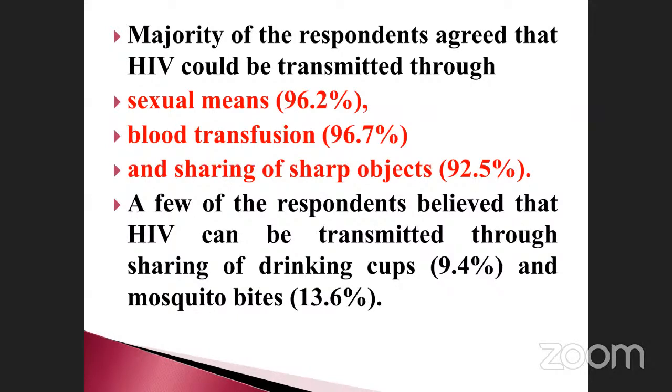It is very complicated. I am not sure, but in this category, suppose a mosquito bites an affected person and then another person, nowadays it is completely nil in nature. But in this category, they said mosquito bite also spreads HIV, 13.6%. I have a doubt about this category. Just refer to it and you will get it.